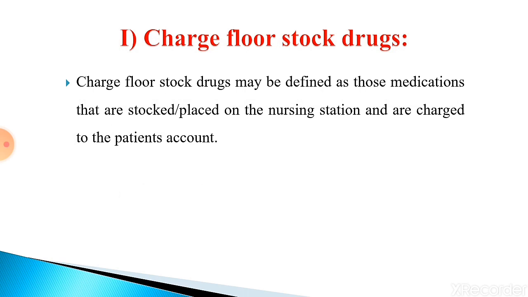Fourth category is cardiovascular drugs such as depressants and vasoconstrictors. Then anticoagulants such as heparin should be available at the nursing station, along with anti-epileptic injections such as sodium diphenylhydantoin, and miscellaneous injections such as dextrose 50% and mannitol injection 25%. So these are all the injectables or infusions which are also required in an emergency. They are stored at the nursing station and the charge is applied to the patient's account after administration.